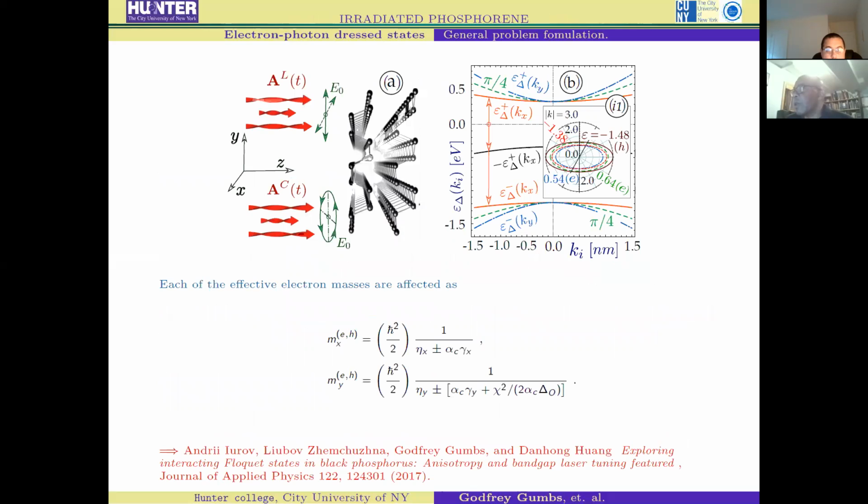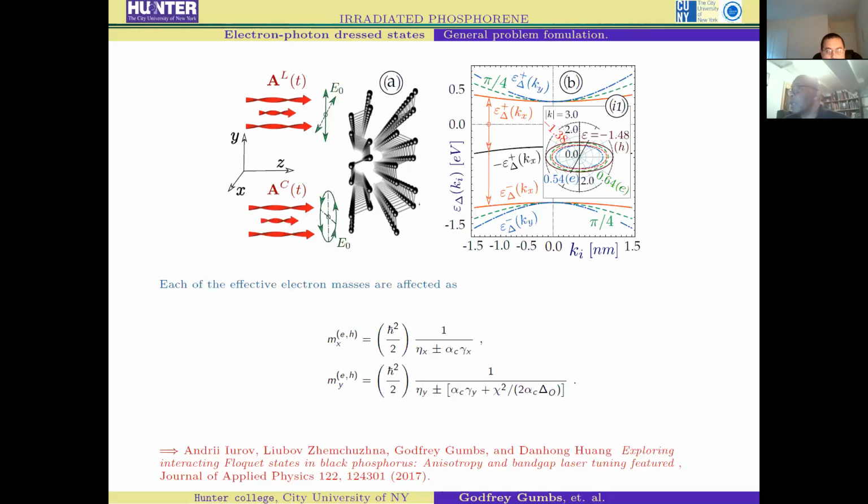With application of the external field, we have, instead of two cones which touch, and those two cones, remember, the energy subbands, they have a flat band also. And they are, as I said, valley degenerate. That is, there's no distinction between one valley and the other. But here we find that,